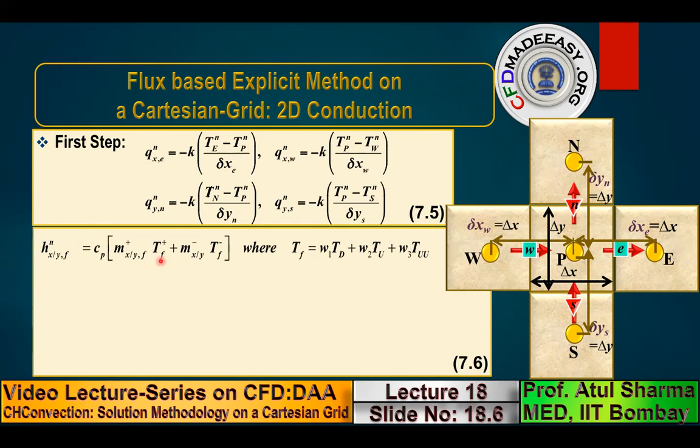So rather than using an if statement, this is the general formulation that was presented to calculate the enthalpy flux, where temperature at a phase is expressed in terms of its downstream neighbor, upstream neighbor, and upstream